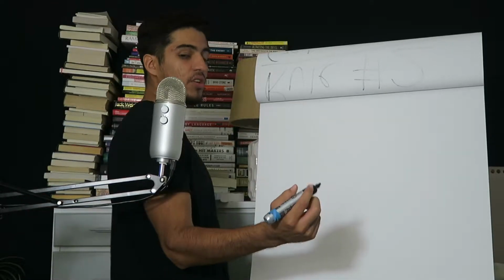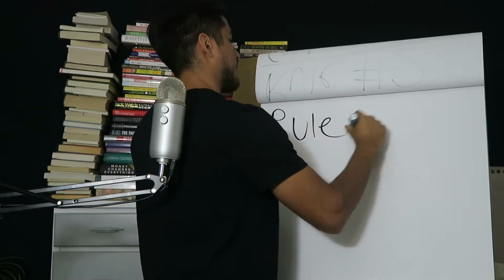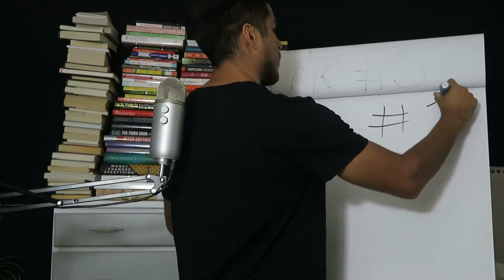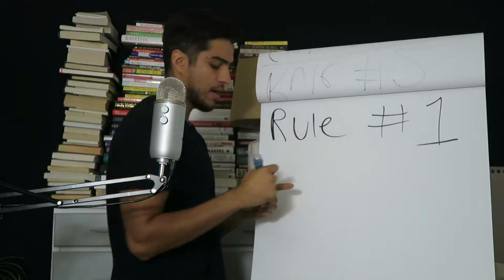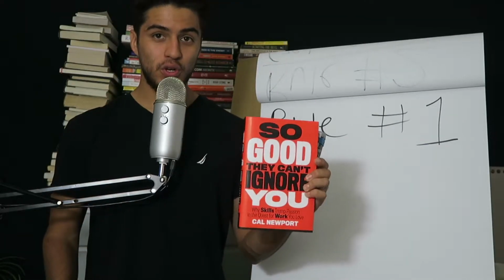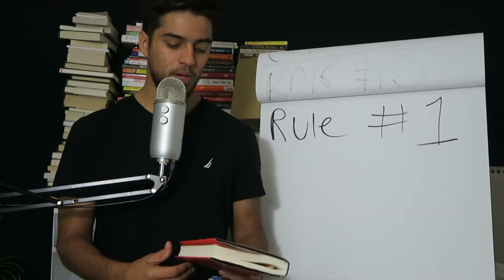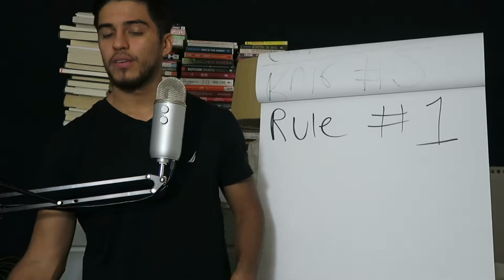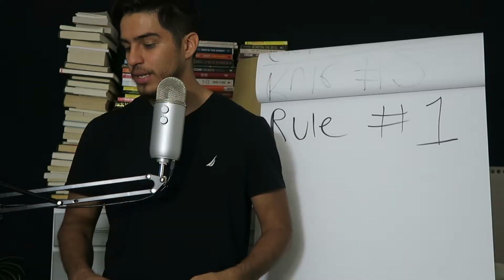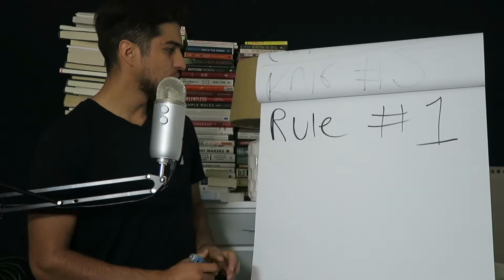So, like I said, it's based off rules. So, rule number 1, and I didn't even mention what the book was called. So the book is called So Good They Can't Ignore You. It's by a guy named Newport. Very logical individual. He gives his points, and it's a fascinating read. But like I said, there was stuff I didn't agree with, but he had the key points, and that's what I want to explain. And then rule number 1,